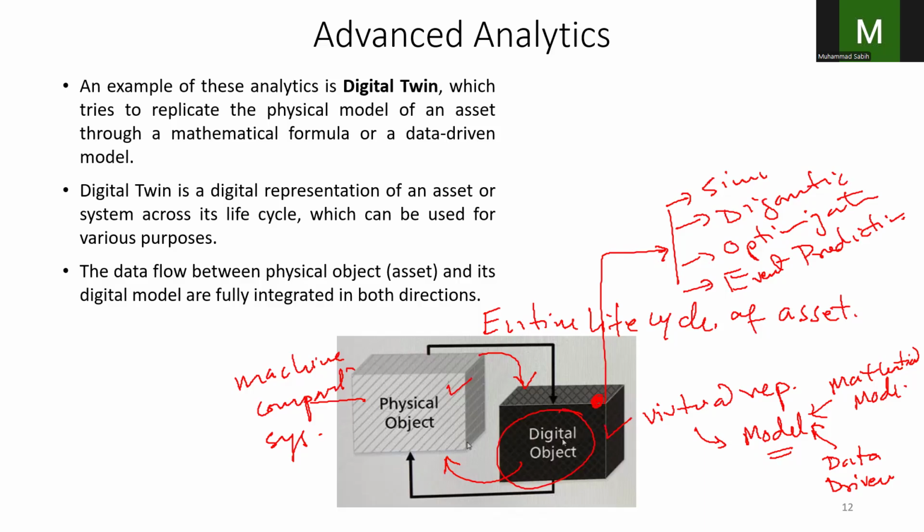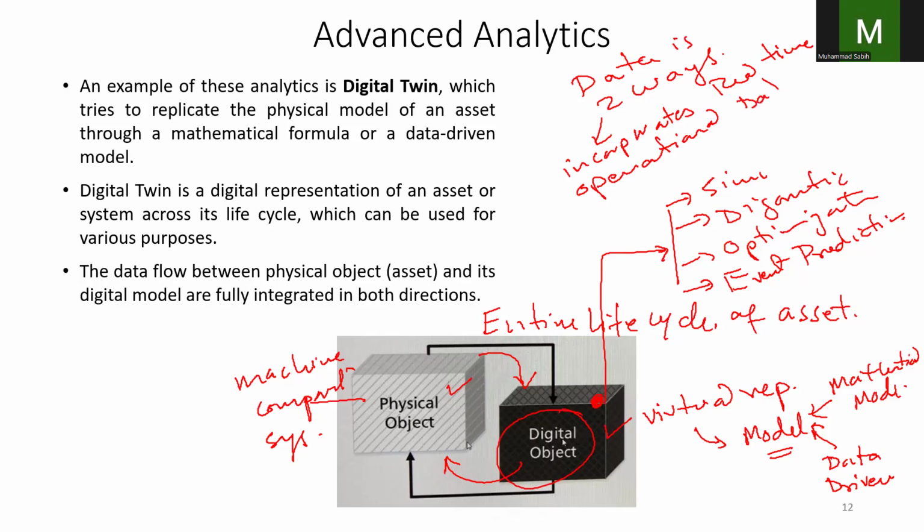Okay, so as we can see, the data is also two-way. So what is the benefit of the data being two-way? The benefit of this is that it incorporates real time operational data. This is one important thing. And it also can talk to or update the real system, the physical system. Okay, it can also update information. So in summary,